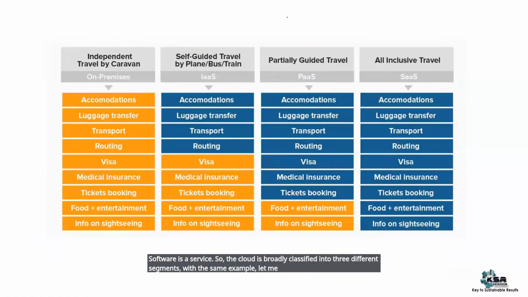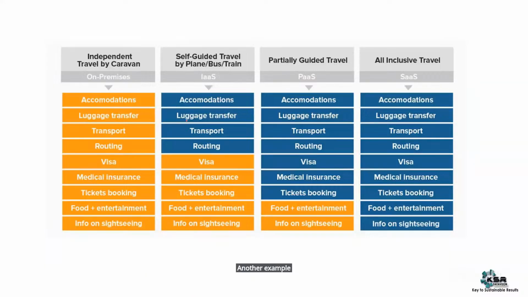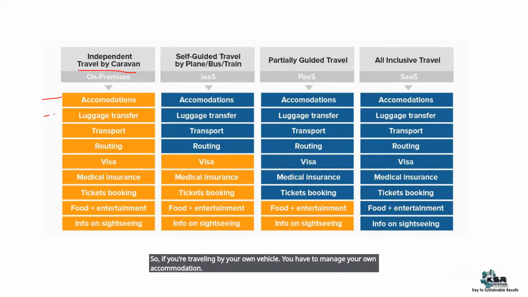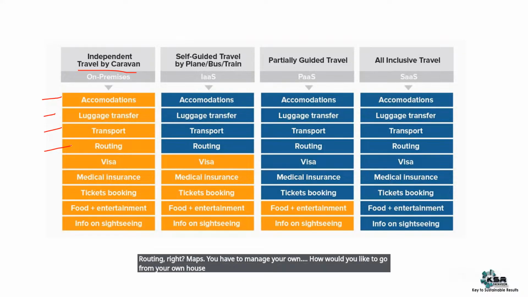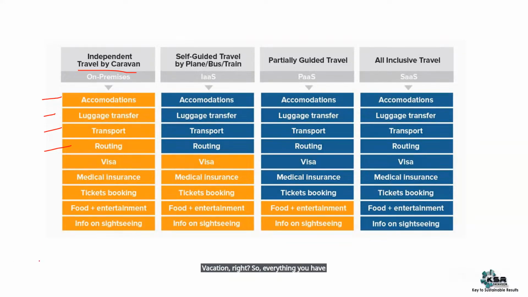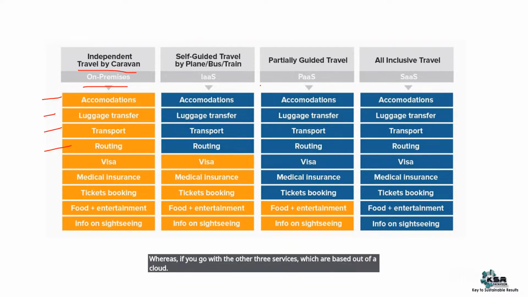Let me show you one more example. This is another example. So if you want to travel, you are going on a certain holiday, a vacation. If you are traveling by your own vehicle, you have to manage your own accommodation. You have to manage your own luggage, own transport, own routing, maps. How would you like to go from your own house to some vacation? So everything you have to manage. End of the day, this is on premise, right? Whereas if you go with the other three services which are based out of a cloud, services means